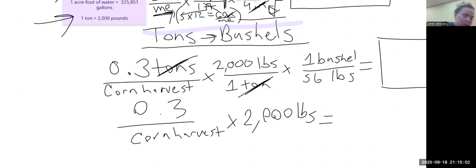So 0.3 times 2000 is 600 pounds, right? So we have 600 pounds of a corn harvest